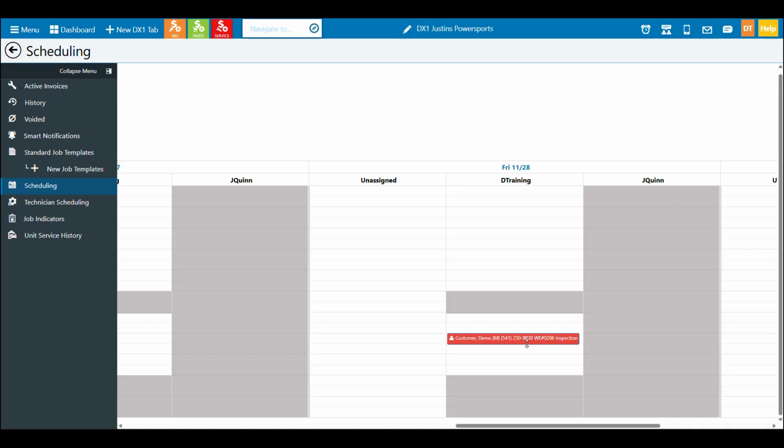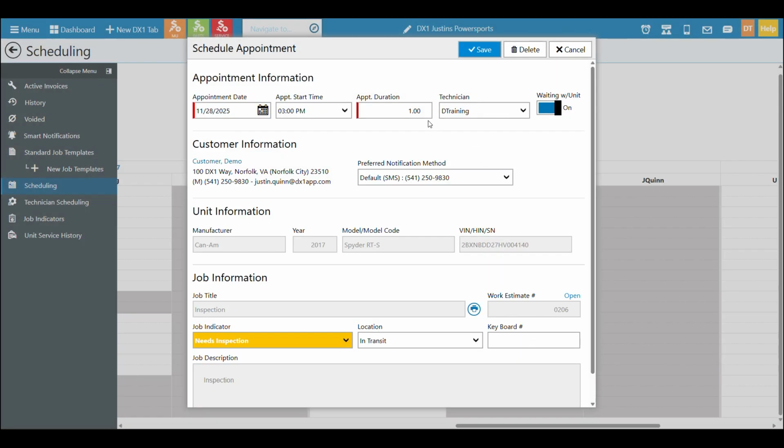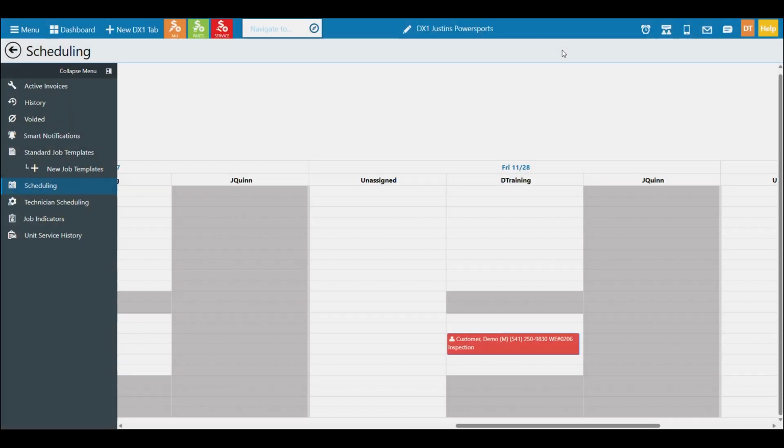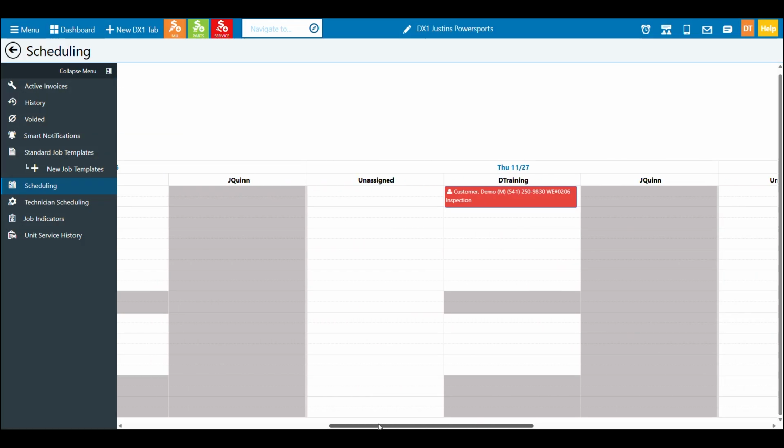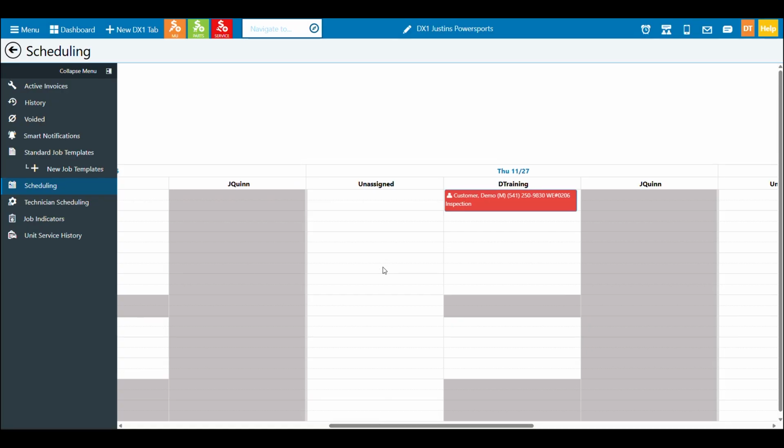You can also change the duration of the appointment from a half hour to an hour by simply dragging it. You can see now it updated here. And I can also, if I need to, completely move it over to a whole different day and a different time. Pretty quick way to move your appointments around, just like you would expect for some normal calendar type features, right?